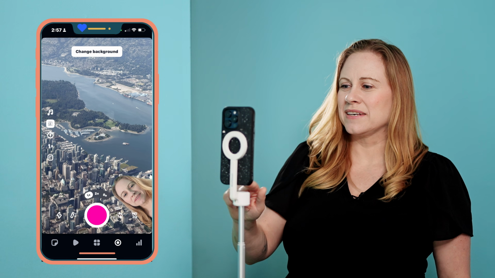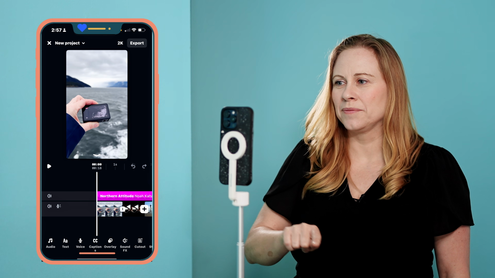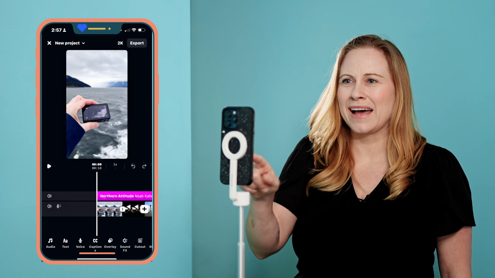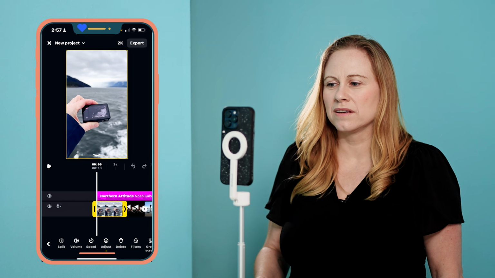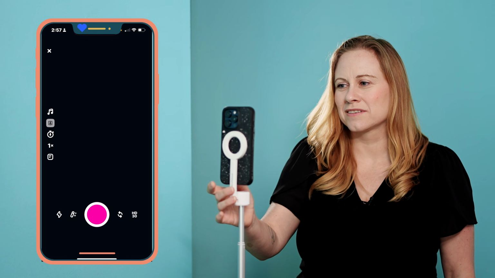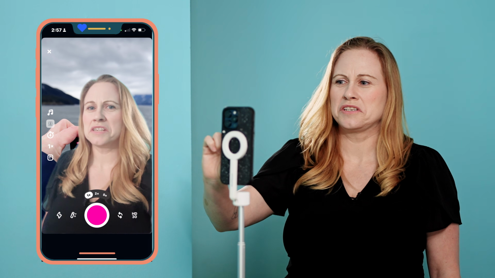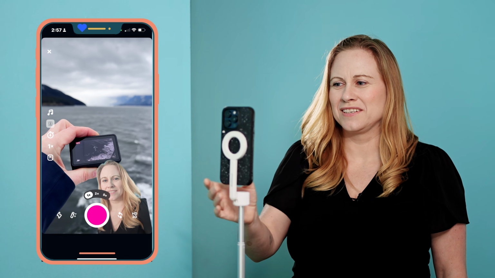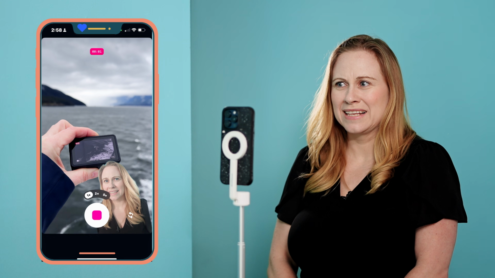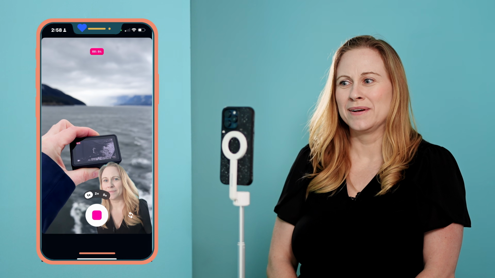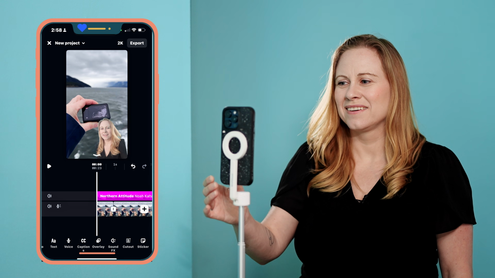You can also do this if you're actually editing. So if say we're in a project here and I want to talk about what I'm doing right here in the clip, you just click on the clip and then you add green screen, and it's going to automatically put that clip behind you, and then you can adjust yourself too, and then you can talk about what's in the clip. So hi, in this clip I am doing blah blah blah blah, and then when you're done, it's going